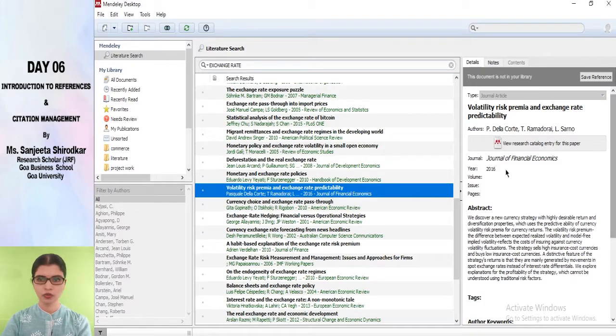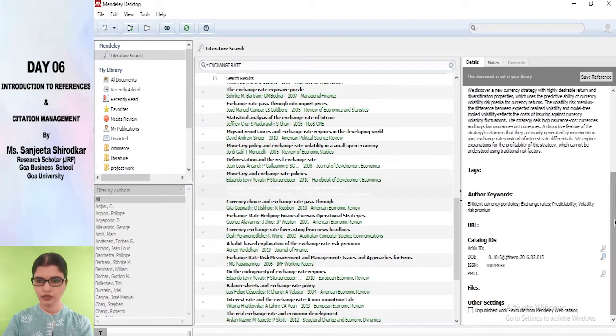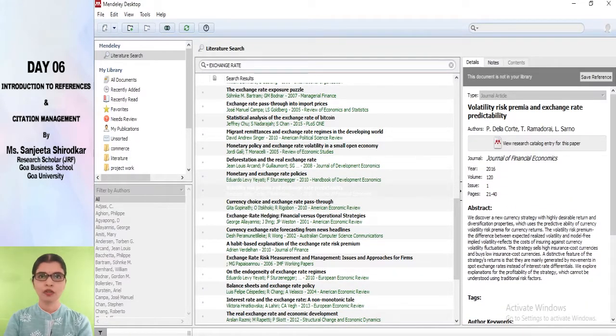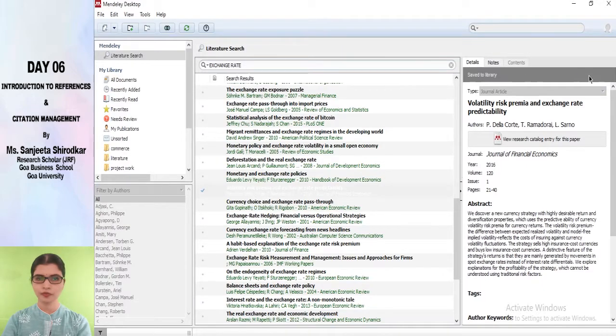Now again here also you would see certain details are missing. Let us see if we could pull those details using the DOI. Here it came. For syncing the accounts or for availing the benefit of maximum of the features of Mendeley, you always need internet. But it's not that it is wholly offline, you cannot work with Mendeley, but for the majority of the features you need internet connectivity. So let me save this also here.